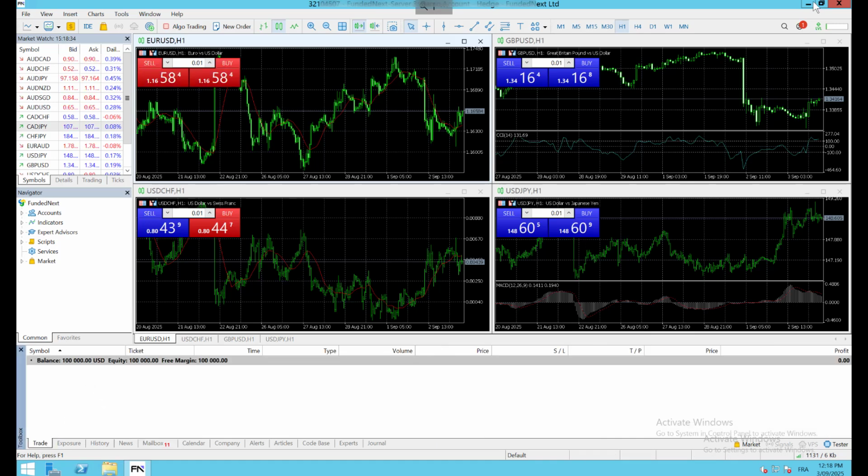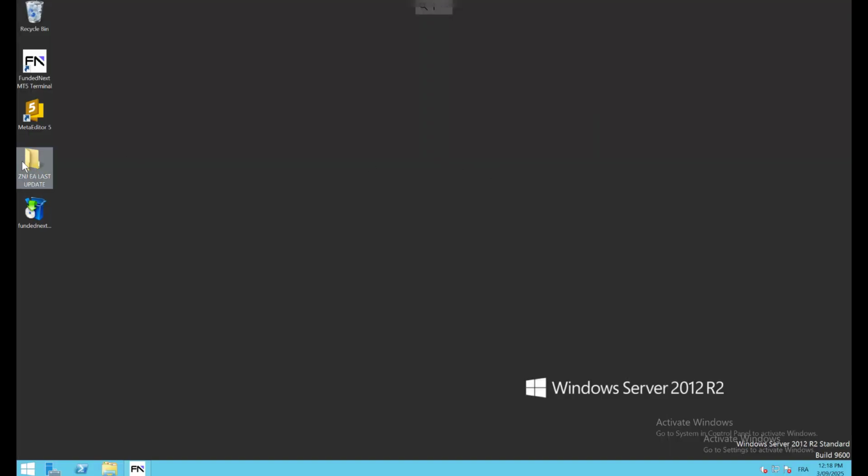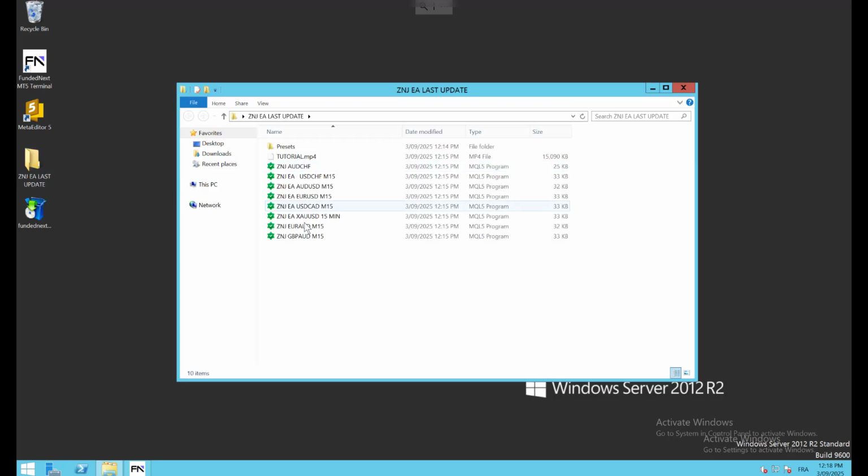Now we're going to drop the robot. Here we see the last version of the robot. This is the robot. As we know, the robot can work on 7 or 8 pairs: GBPUSD, Gold, and USD pairs. So this is the last version. We're going to drop it on MT5. We do it like that. Copy,